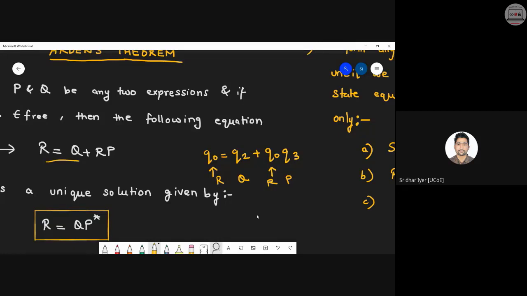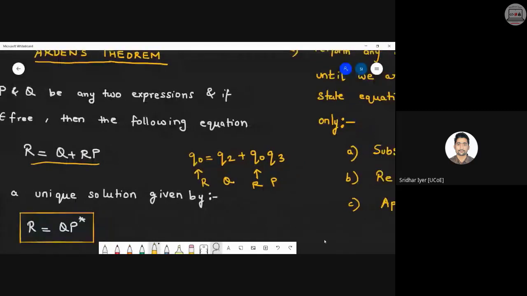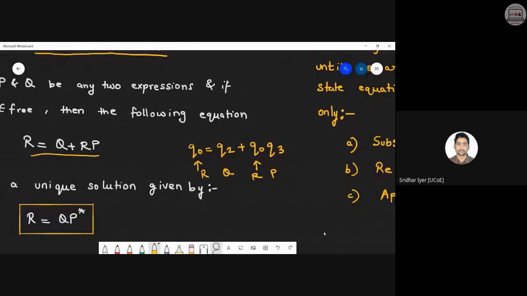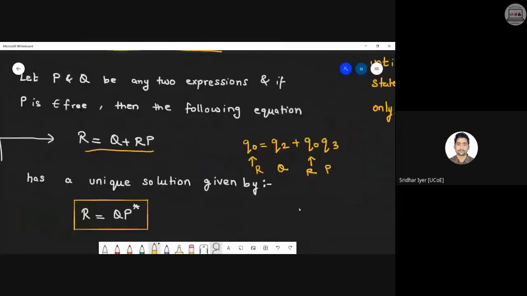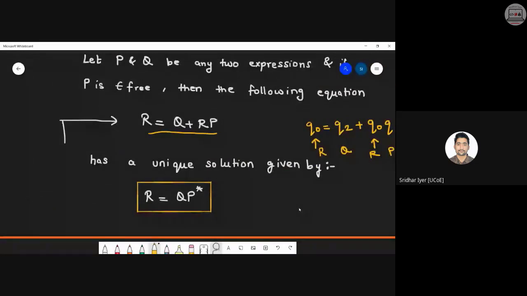R is equal to Q plus RP. ये समझा R क्या है, Q क्या है. These are basically equations. Okay, these are basically some expressions. You can call them any intermediate or temporary expressions using which we can get the final regular expression. Clear? So basically, this is nothing but R is equal to Q plus RP के form में we have to convert, and once the equation is converted in R is equal to Q plus RP, we can say that, if you remember we had done in maths, unique solutions.